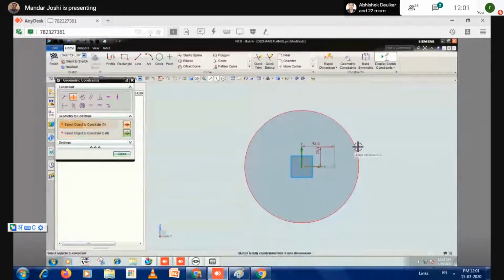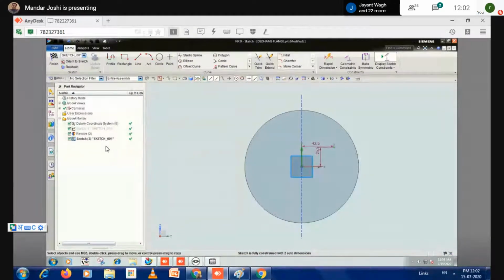Next one, select here the point on a curve option, then select this point and then the vertical axis, then close. I apply the relation, but still it is asking for one more point. Correct. It means overlap entities are created. You just delete this. Not necessary. Already we have put a point here, and then finish the sketch.